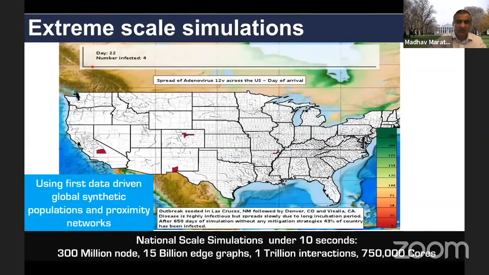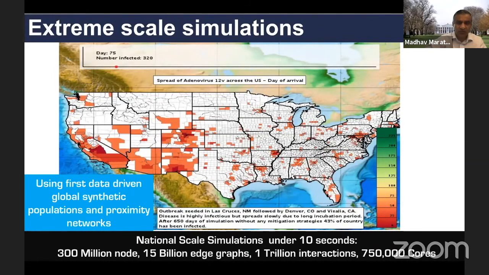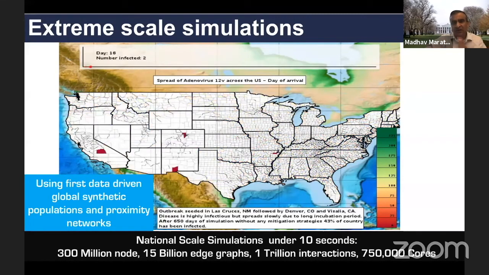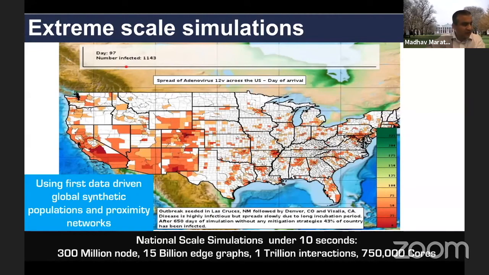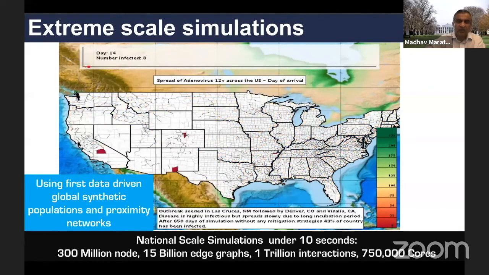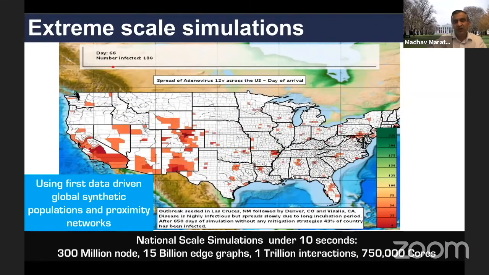So here's a simulation that we performed some time back with Sanjay at UIUC and his student Abhinav and a number of other folks at Livermore in our group. And this was actually a non-trivial task where we could simulate epidemic spread. This time it was influenza through the entire US using the cluster at Lawrence Berkeley Lab. Prabhat was very helpful in getting us those machines. And we could run this in about 8 to 9 seconds on 800,000 plus cores. And this is needed if you start doing analytics with it.